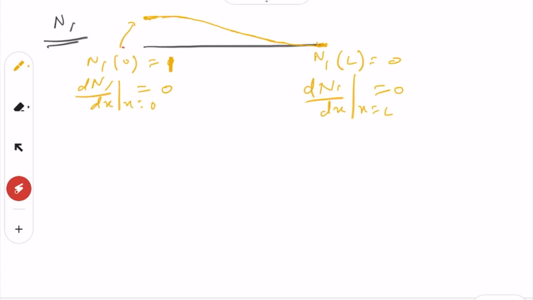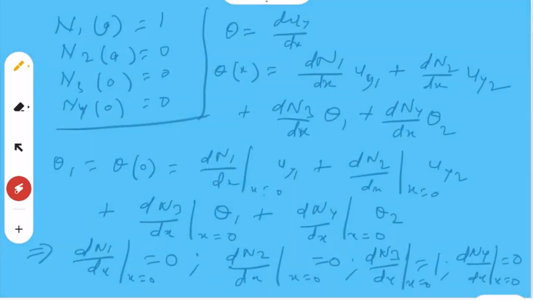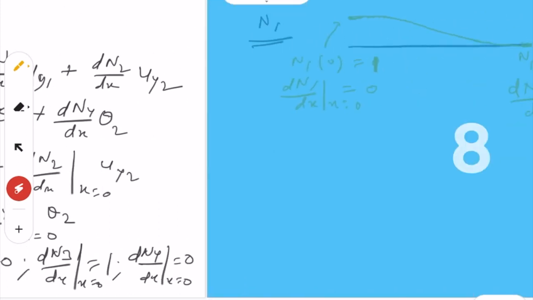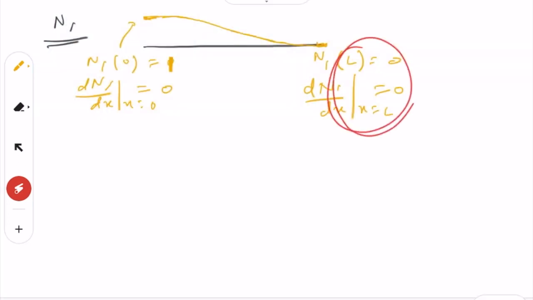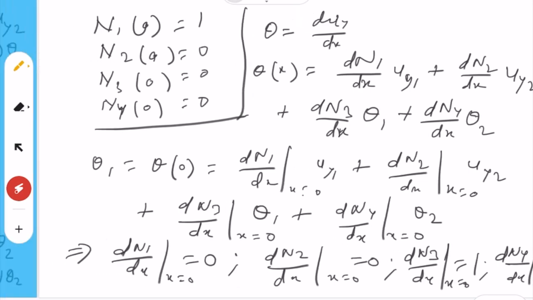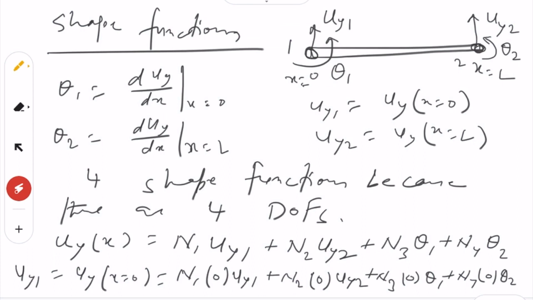So, this is coming from these two requirements, and this one is coming from a similar analysis for x equal to L. Yeah. So, basically this is given as this one. So, when x equal to L,